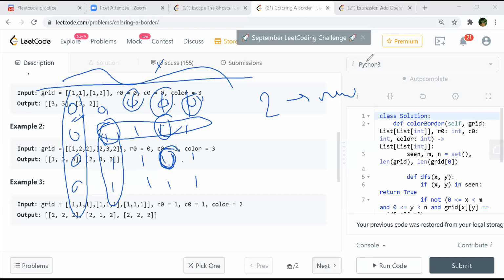But then in your DFS you'll always have to go through all your neighbors and find out if none of them are of the same color. If any one of them is not, okay, but if all of them are of the same color, you don't do anything. You just go in a DFS again, correct? Yeah. Or then you handle that in the else part, or maybe when you are backtracking, something like that. Okay. Yeah, I think that makes sense.